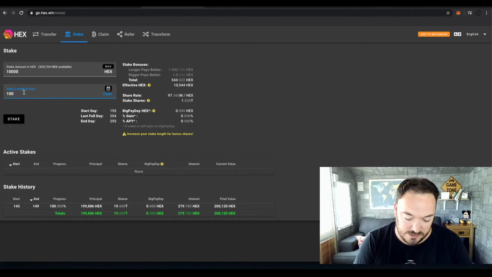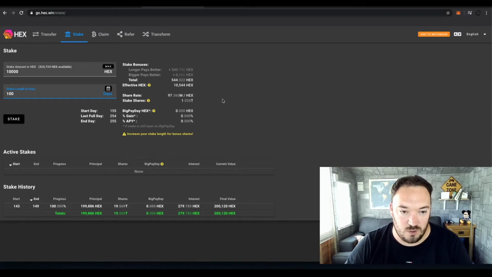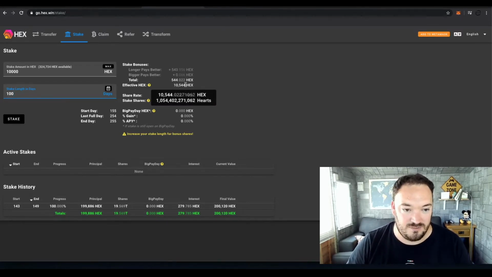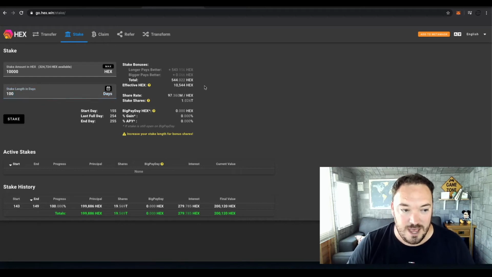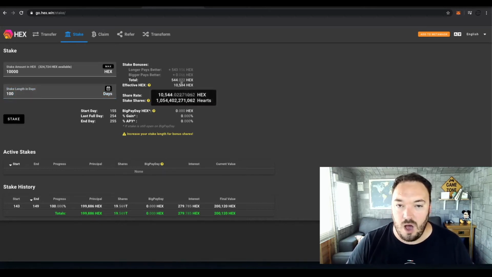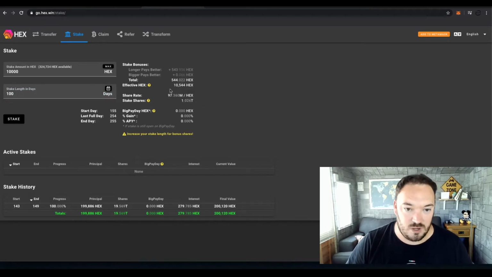what will happen is the amount of interest that you would have earned, so where it says here effective Hex, I'm just going to lay out some examples. These aren't exact figures, but let's say, in my mind, I think I'm getting 10,554 Hex. If I then cancel halfway through that, I will only get half of that interest. So let's say I got